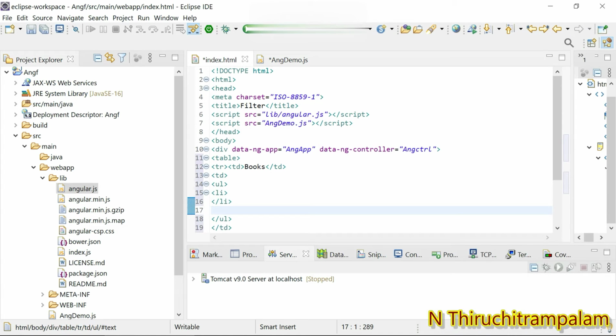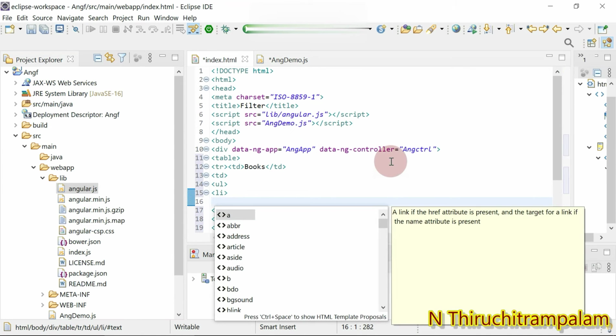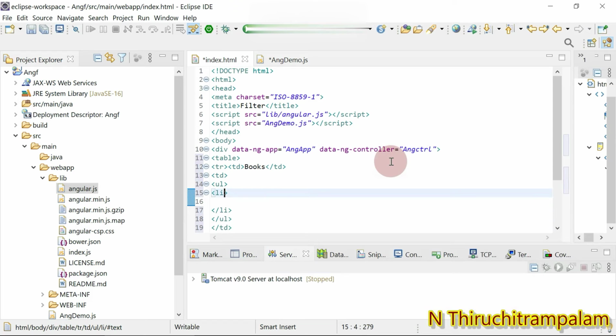In the li element, I add the attribute ng-repeat, which is used to iterate through an array of objects, or any set of elements.